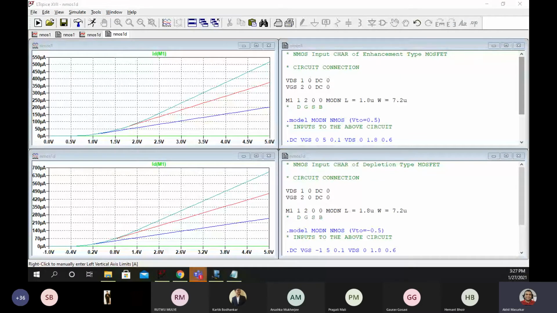Okay, Omkar, right, correct. So the only change that we saw is just changing the threshold voltage actually plots the values, but we are not actually seeing it because that dot DC statement is not starting from 0, it is starting from minus 1.